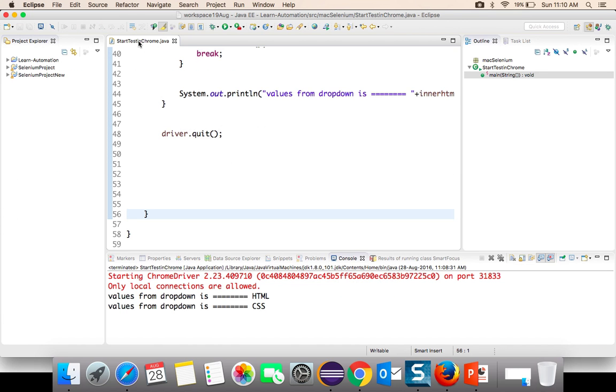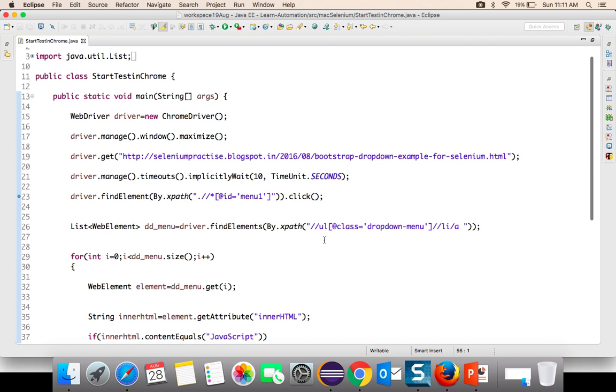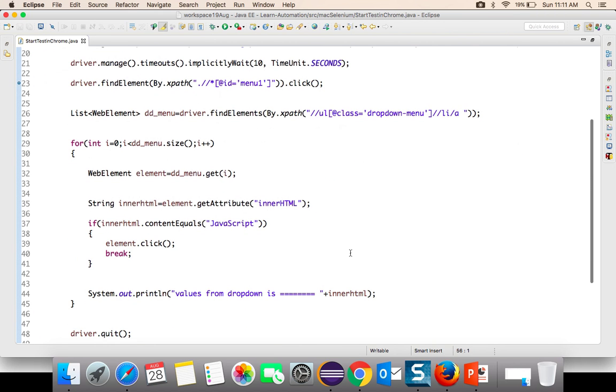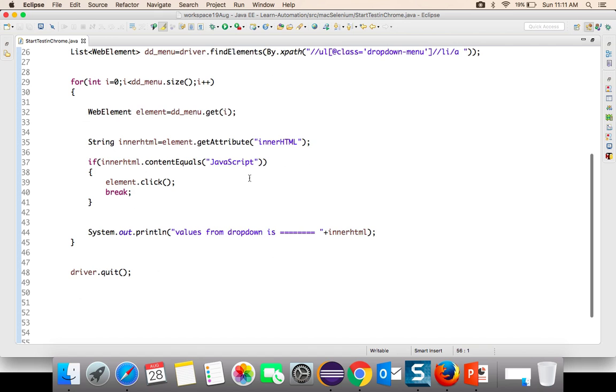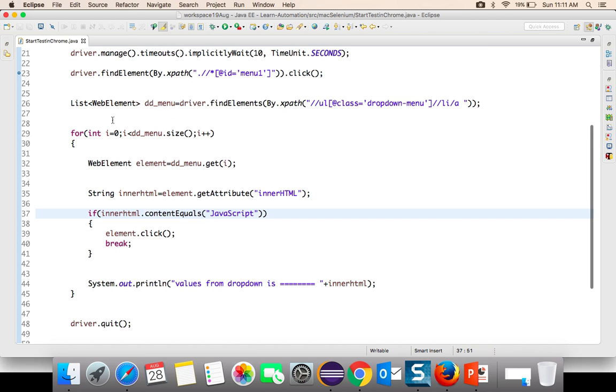The only thing you need to understand is how we can take this XPath so that it can match with all the drop down menus, and this becomes very robust code. So let's say in future you need to click on About Us, you simply change it here. Let's say you want to click on CSS or HTML. So this is how you can write the code for handling a Bootstrap dropdown. This is just one way, but